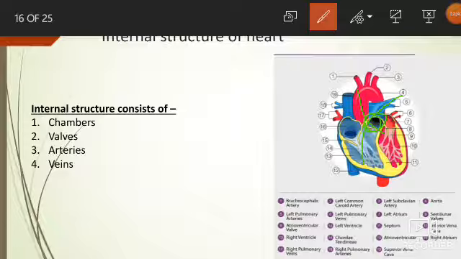These are pocket-like structures, and as we discussed, the function of valves is to prevent backflow. So from the right ventricle, the deoxygenated blood has to be passed through the pulmonary artery, so there should not be backflow into the right ventricle. So it is supported by semilunar valves. Similarly, the oxygenated blood has to be transferred to the whole body with the help of aorta, so there should be no backflow of the blood, so it is prevented with the help of semilunar valves.